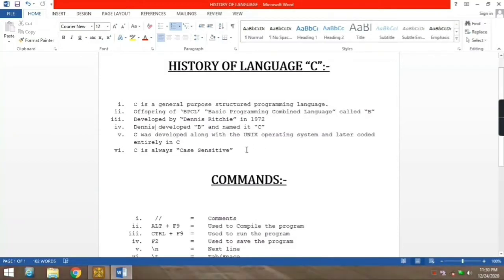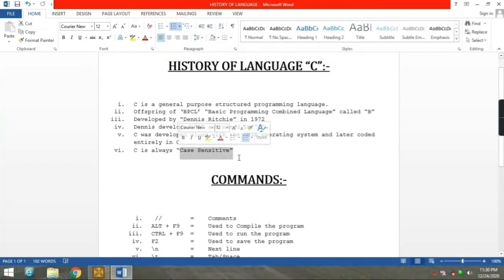And number 6, it's case sensitive. Now what's this case sensitive? Let me explain: if we write a word or sentence in language C starting with a capital letter and all other letters in small, then when we run the program and write the same thing, we must write it exactly as we wrote it earlier, starting with capital and the rest small, otherwise it will not work.